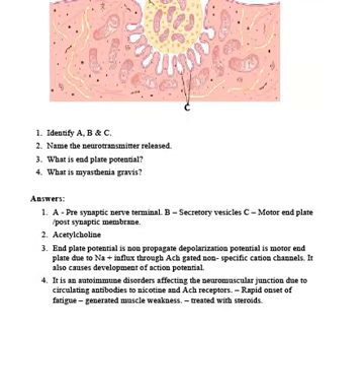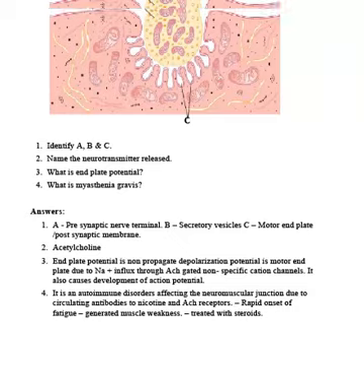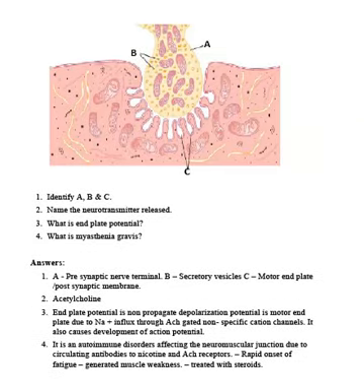And here I mentioned, what is A? A is the presynaptic terminal, B is the secretory vesicles, and C is the motor end plate, that is also the postsynaptic membrane. The name of the transmitter is acetylcholine. Okay, and what is the end plate potential? End plate potential is a non-propagated